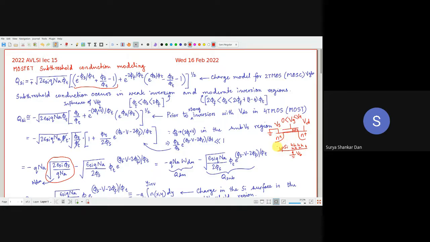So that means we can essentially demarcate one region like this, which is free of holes. Remember, holes are the majority carriers. Okay, majority carriers, and if the region becomes devoid, or the term which we use is depleted, of the mobile carriers, that is the reason why this region is called the depletion region. Very simple. So this part of that equation is because of the depleted holes.